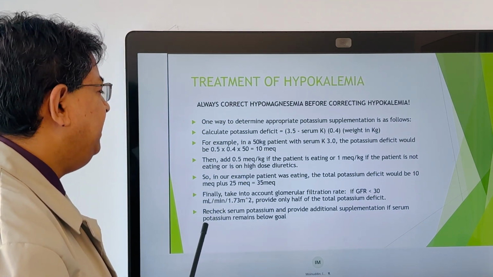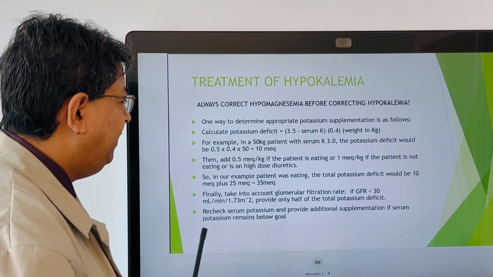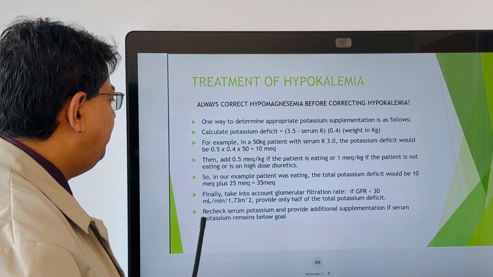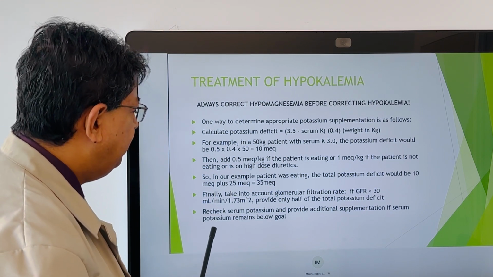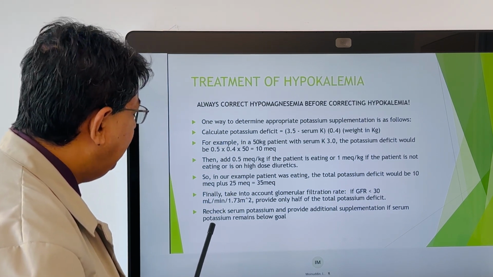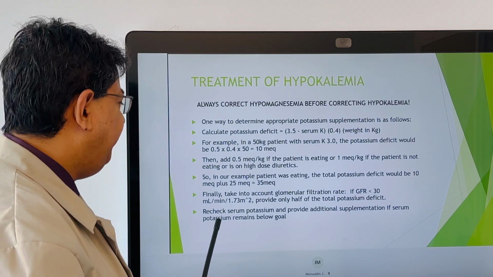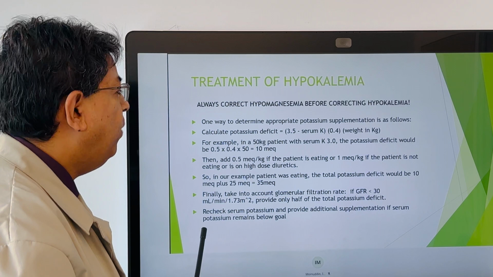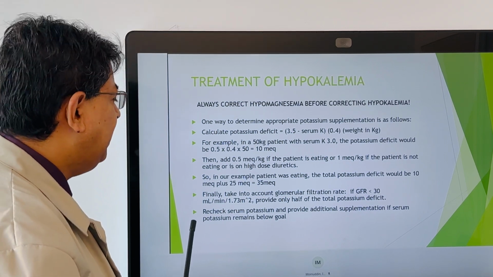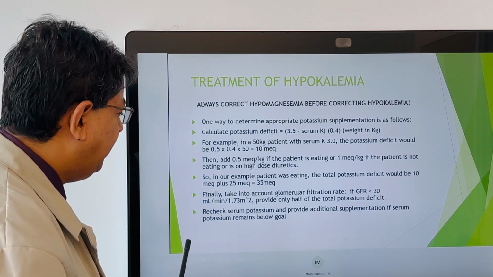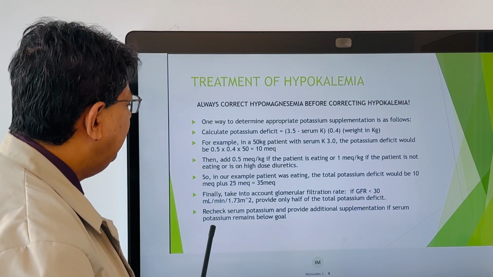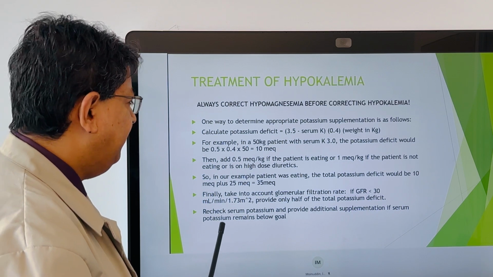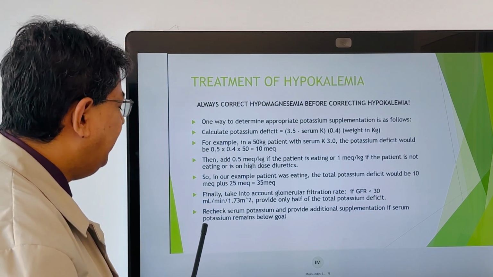For example, in a 50 kilograms patient with serum potassium of 3.0, the potassium deficit would be 0.5 times 0.4 times 50, which is 10 milliequivalents. Then you must add 0.5 milliequivalents per kilogram if the patient is eating, or 1 milliequivalent per kilogram if the patient is not eating or is on high-dose diuretics. So in our example, if the patient was eating, the total potassium deficit would be 10 milliequivalents plus 25 milliequivalents,